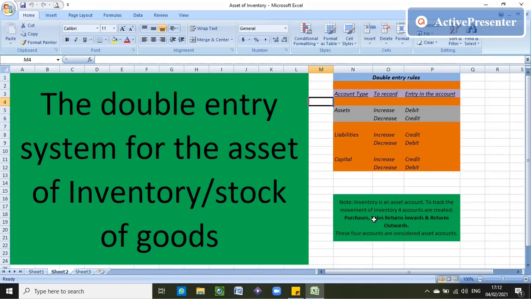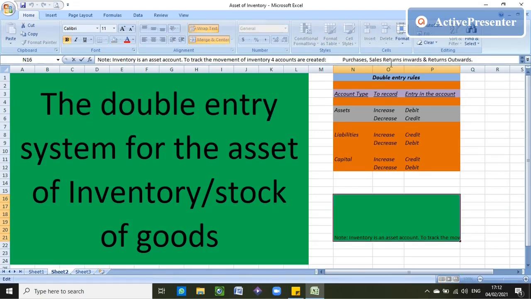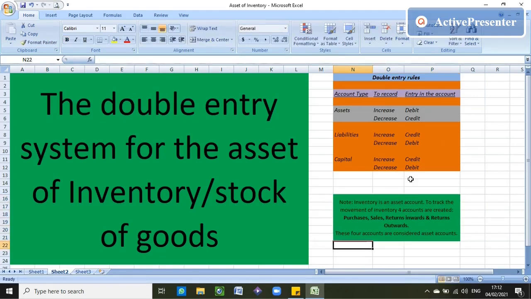Day 2 of business, let's say that I sell 20 books to my first customer. So that sale of the 20 books, which is inventory, will decrease my inventory on my shelves, for example. So if I want to show a decrease on inventory because of a sale, I will use the sales account. And if my inventory will decrease, I want to do a credit entry on the sales account. I'm missing a comma here. Okay, so